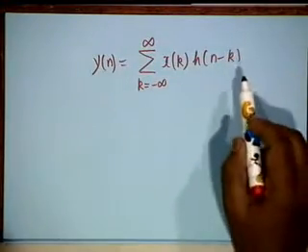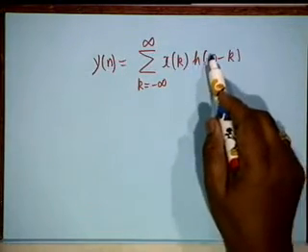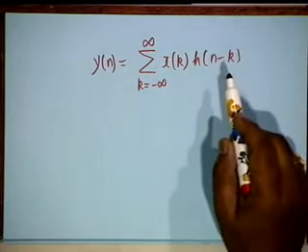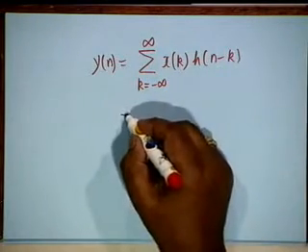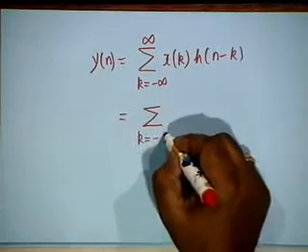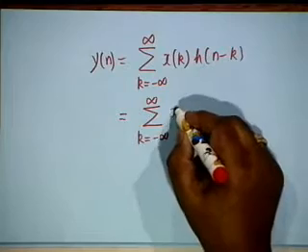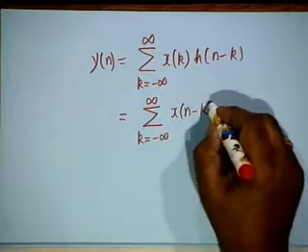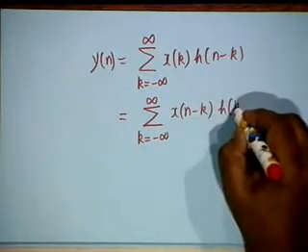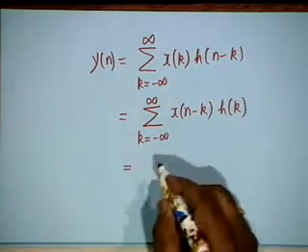By changing the variable, by putting n minus k equal to r, you can easily show that this is also the same as k equal to minus infinity to plus infinity, x of n minus k h of k, and this summation,